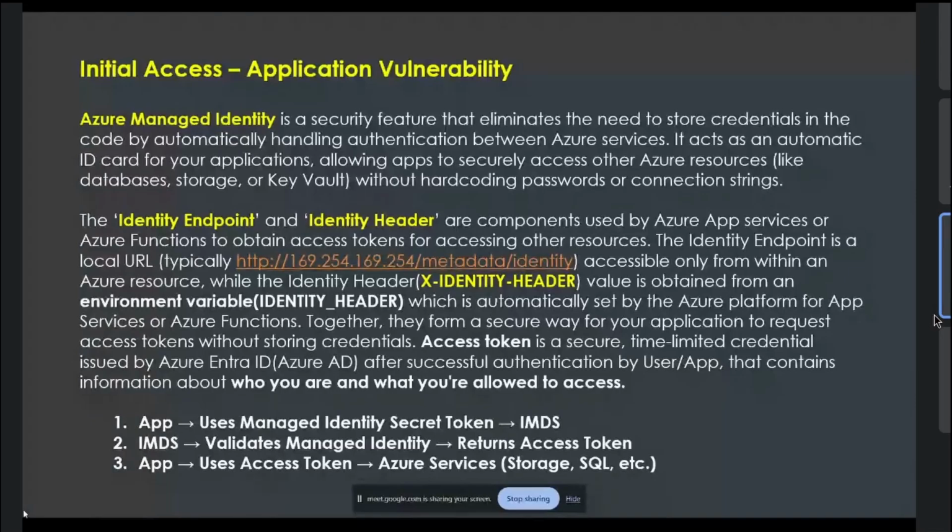We don't control the credentials here, the secret token. We don't control it. It is managed entirely by Azure in the backend. Okay. But